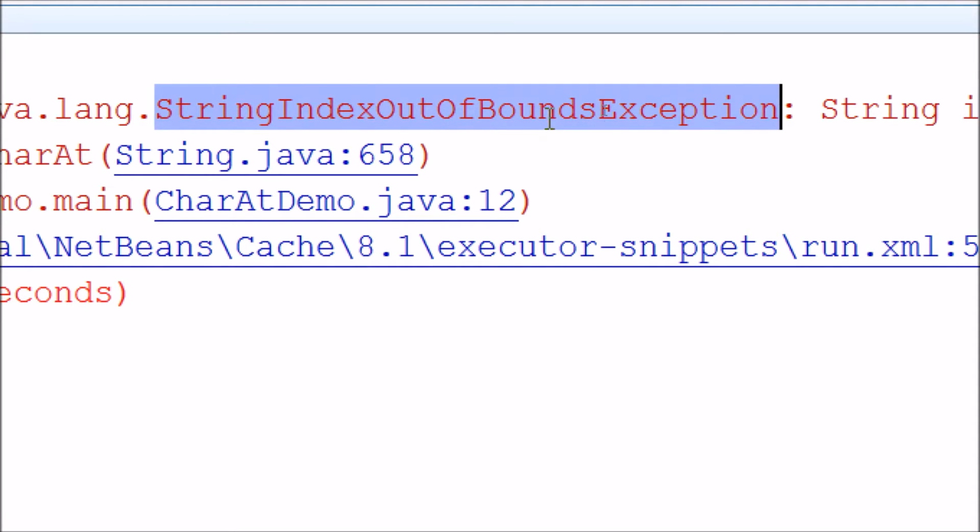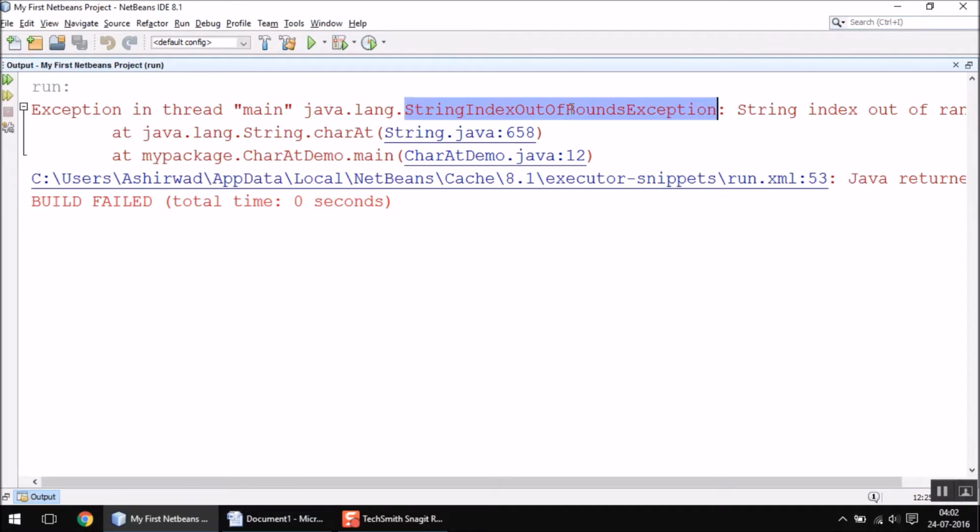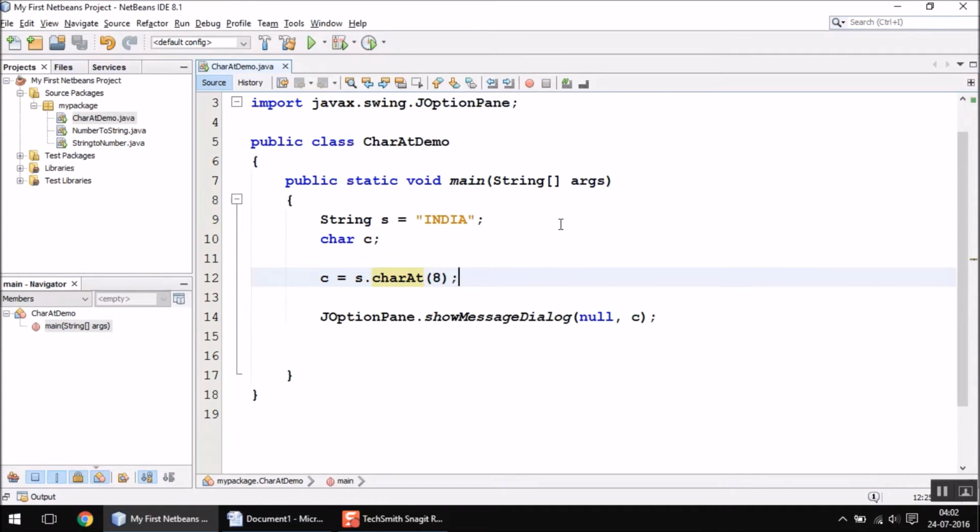You will see this error often, and you can always understand why this error is coming, because you have specified an index which is not present in the given string. So this is how the charAt function works.